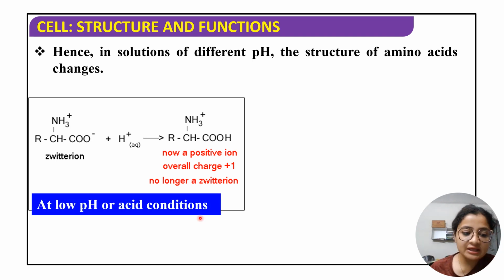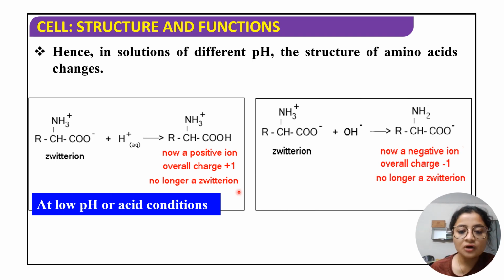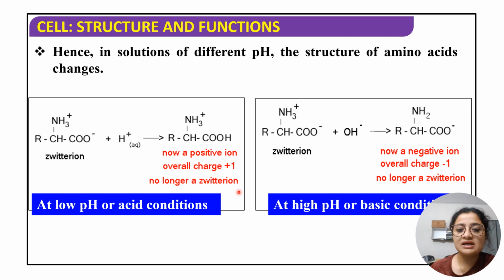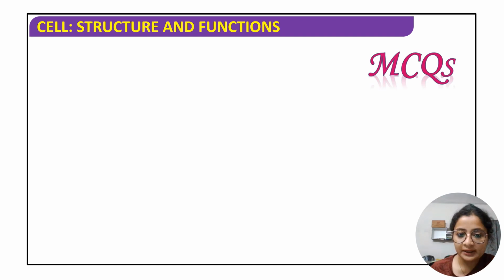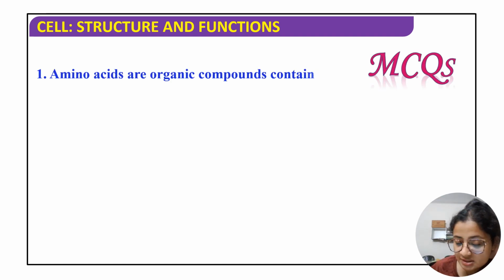Okay. Again, see यहाँ पे वही दिखाया है, low pH और acidic condition में there is protonation, H plus ion add हो रहा है. तो overall जो zwitterion पहले था वो अभी और zwitterion नहीं रहा है, वो एक cation हो गया है. Okay, and if the pH is high or basic, so exactly the opposite will be happening. Deprotonation होगा यानी कि H plus ग्रुप हट जाएगा, negative charge आ जाएगा. तो जो पहले zwitterion था वो अभी एक negatively charged ion हो गया यानी कि anion हो गया. Okay, now I will be discussing with you some of the important MCQs regarding amino acids,